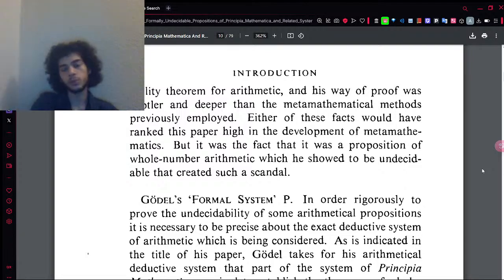Gödel was the first to prove any unprovability theorem for arithmetic. And his way of proof was subtler and deeper than the mathematical method previously employed. Either of these facts would have ranked this paper high in the development of metamathematics. But it was the fact that it was a proposition of whole number arithmetic